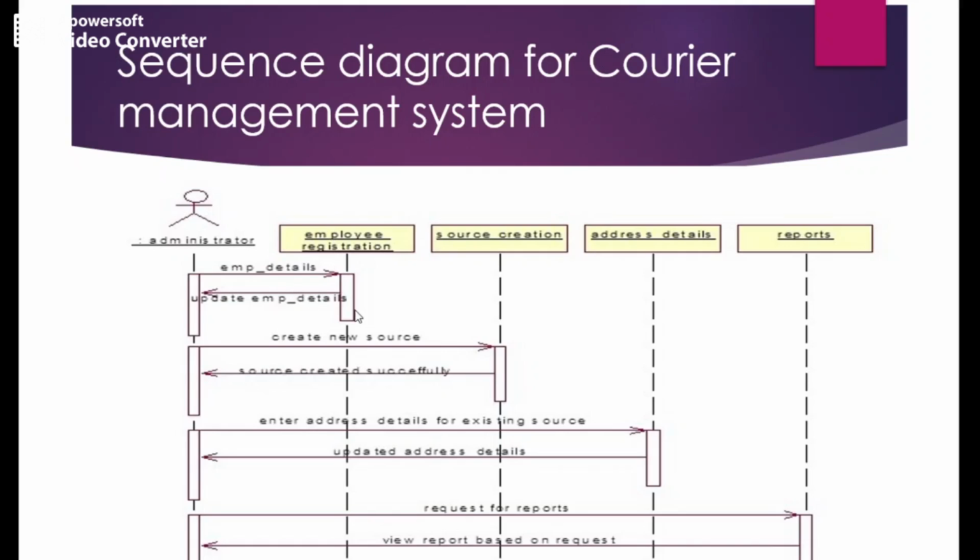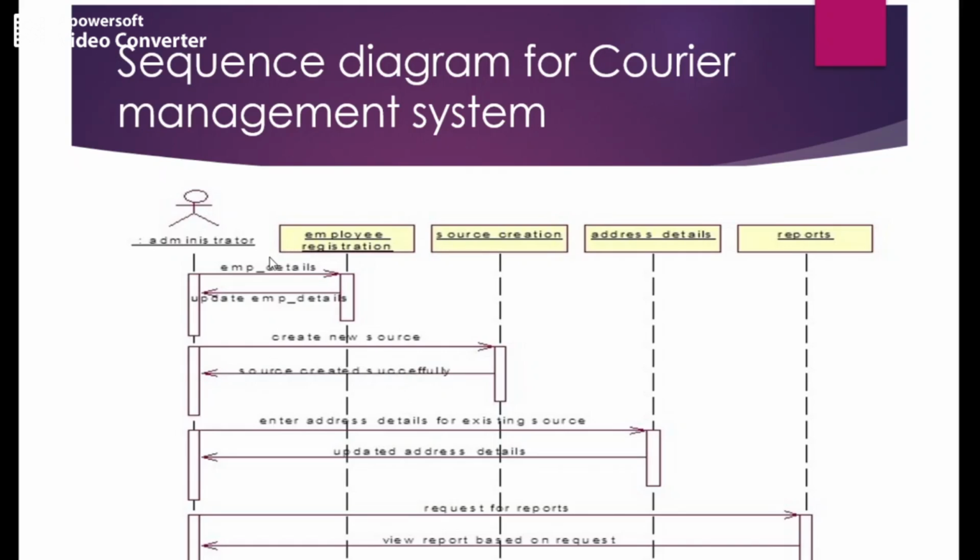Employee registration will update the employee details. Then the administrator can create new source. So source creation means from where? Source created successfully. So this class will give the acknowledgement, source created successfully.